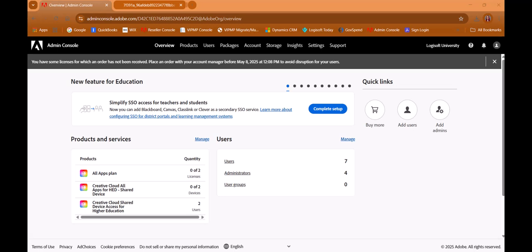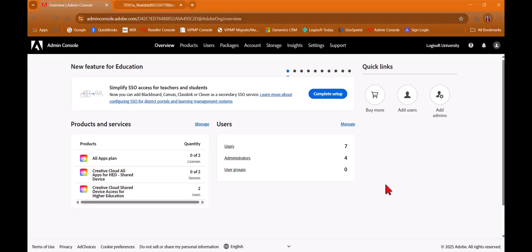So this one is going to be specific to switching from shared device licensing to named user licensing. Now I want to start by talking through the differences between the two. A shared device license is really meant for the lab setting, where anyone that comes and goes throughout the day and touches that computer can access the software. Yes, they have to log in, but you in IT don't have to manage that user list or assign the